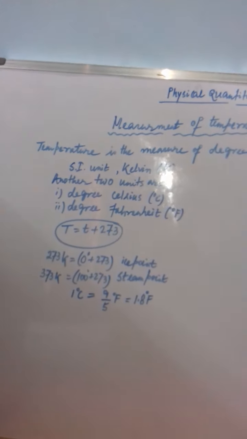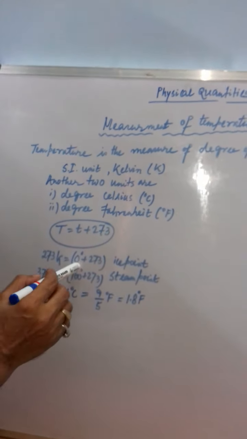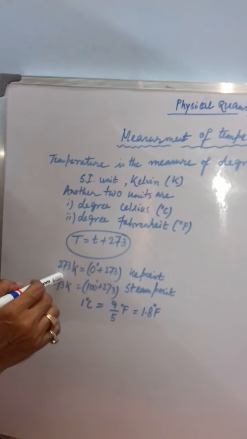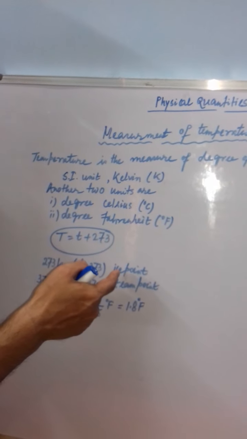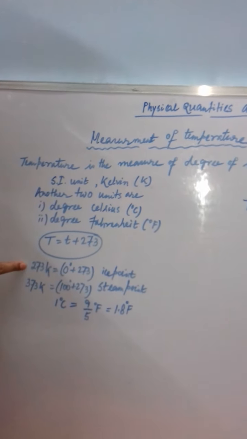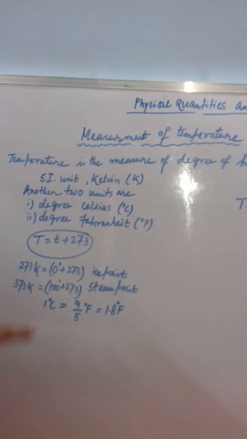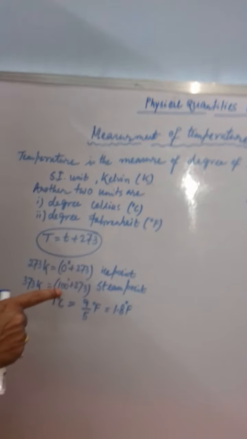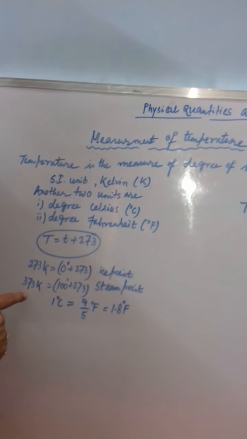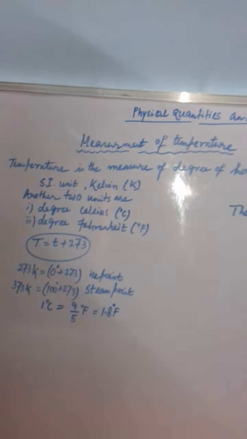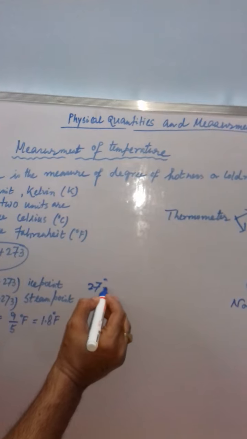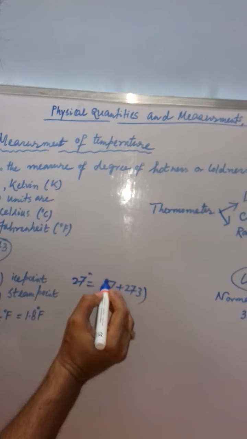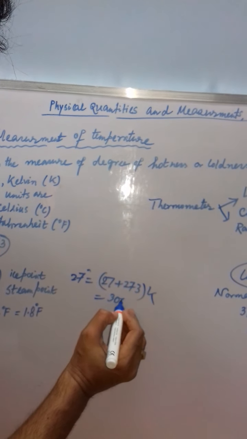Okay. So let us consider the ice point of water, which is 0 degrees Celsius. If you add 273 to 0, it gives 273. So the temperature in the Kelvin scale for the ice point of water is 273 Kelvin. Now if you think about the steam point of water, you know that 100 degrees Celsius is the steam point. So add 273 to 100 degrees Celsius, and that will give you 373 Kelvin. For example, if you have 27 degrees Celsius, now change it to the Kelvin scale. Just add 27 plus 273, and it gives you the temperature 300 Kelvin.